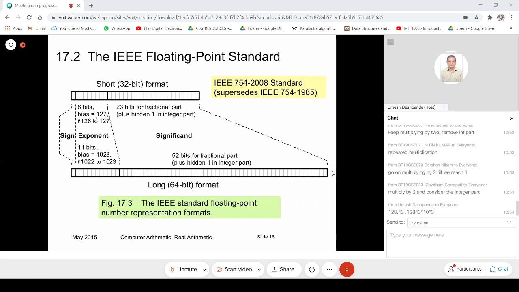Therefore, I just shift this range from minus 128 to plus 127 by adding the bias.